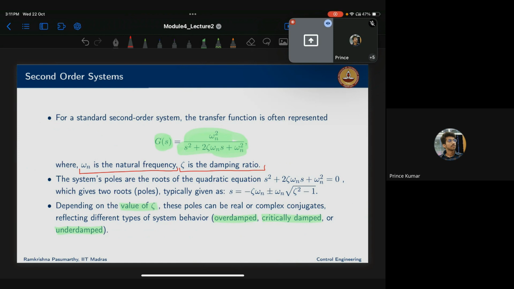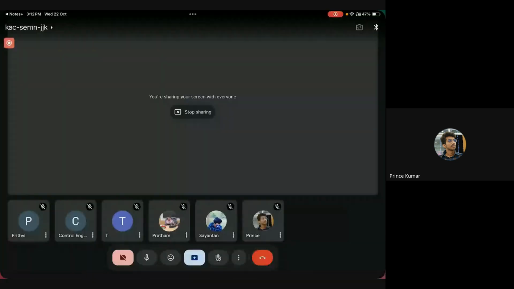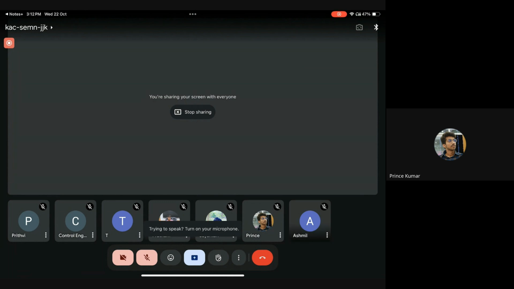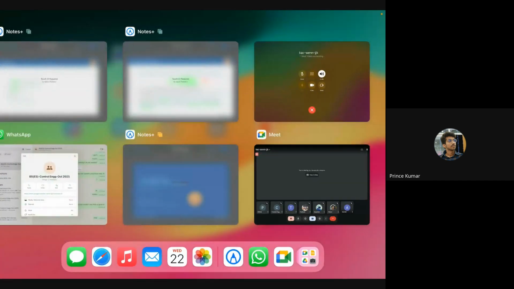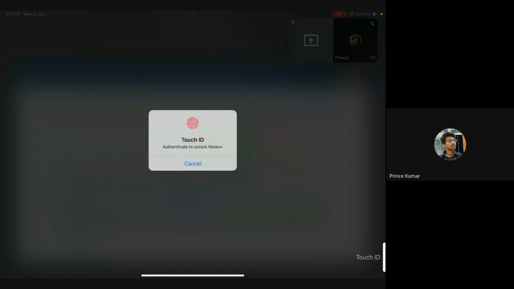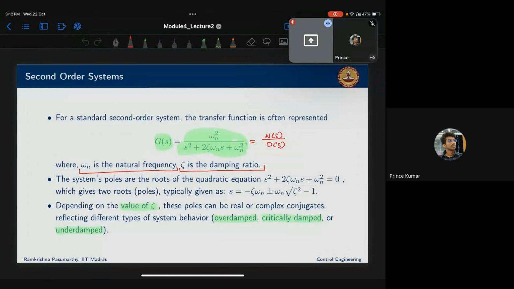Okay, so now the system poles. This is the numerator and this is the denominator. We have the numerator as well as the denominator. If you consider the denominator,